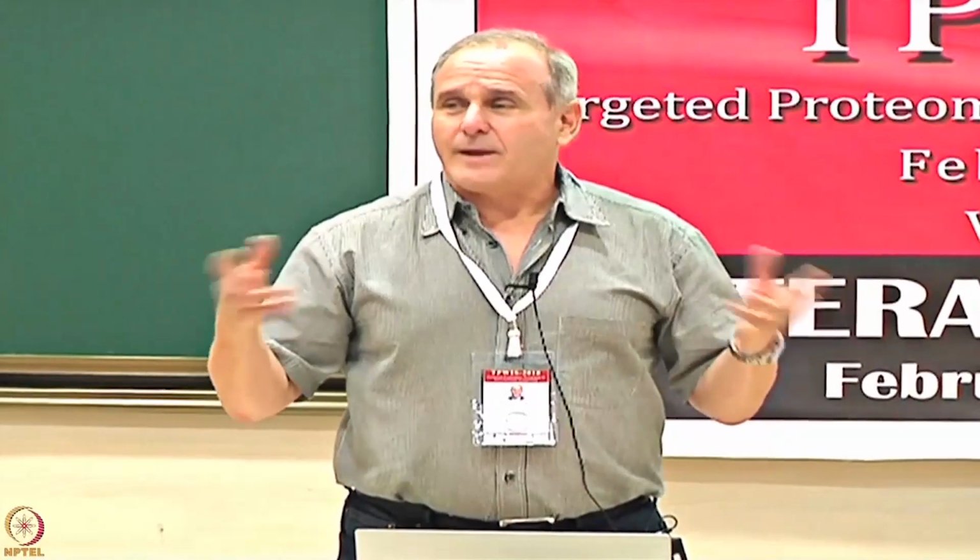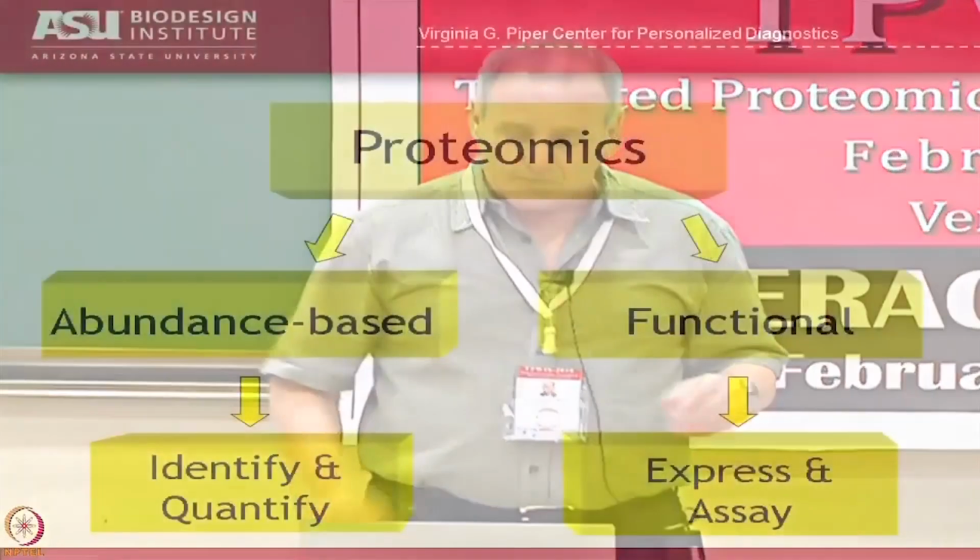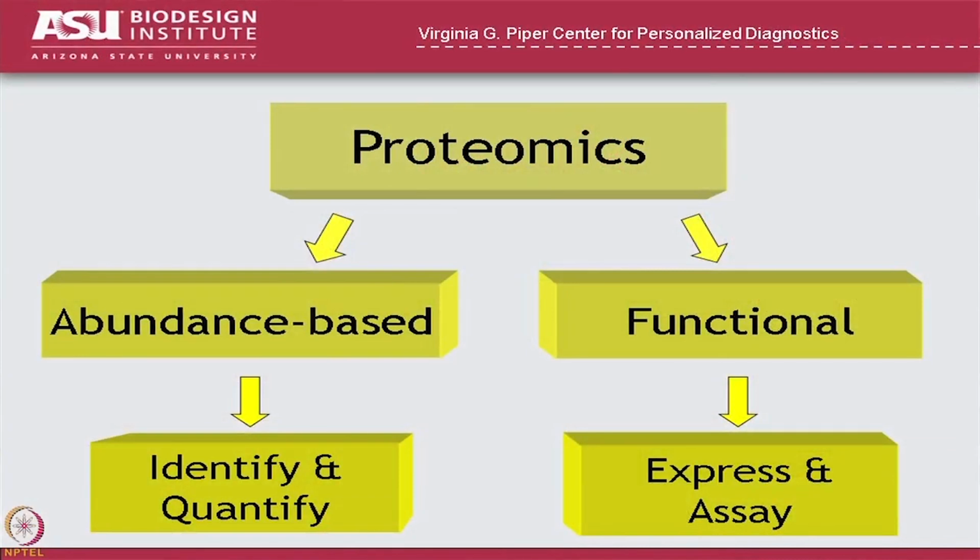It's just random variation. And the job of a scientist is to figure out when those differences are predictive and when those differences are just random variation, or sometimes they're a little bit in between. Maybe they're mildly predictive, but not predictive enough to be useful. The other type of proteomics that we'll talk about is functional proteomics, and that's the kind that I do. That's producing proteins and then studying their function. And once again, we use that to look for biomarkers.